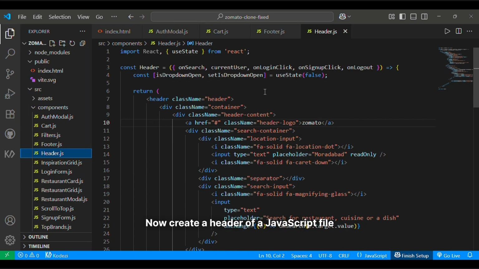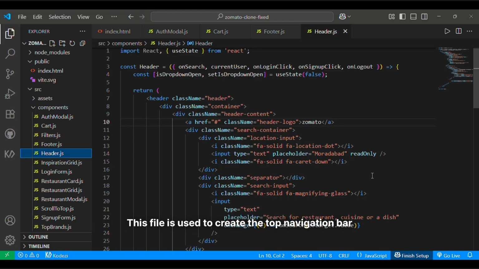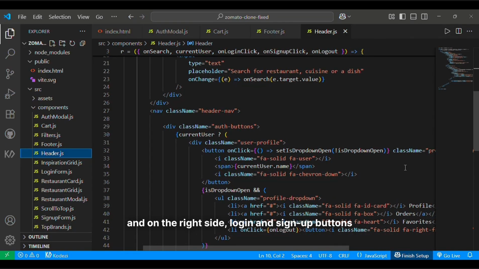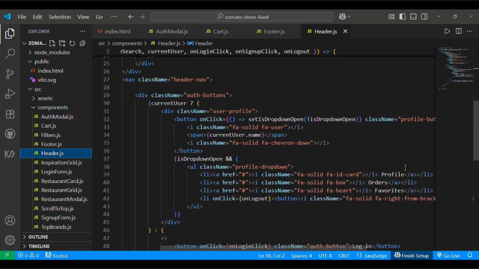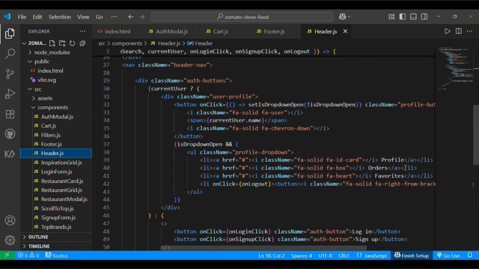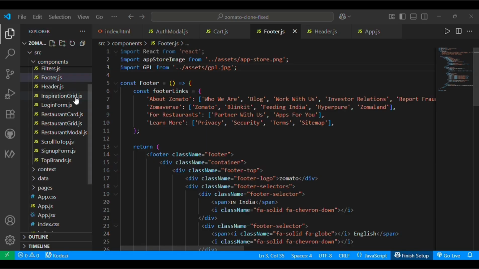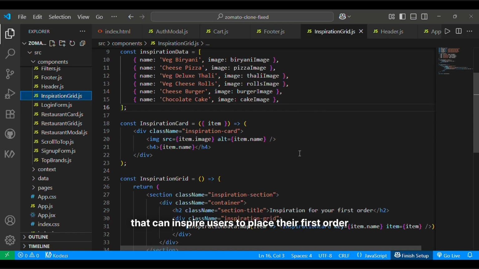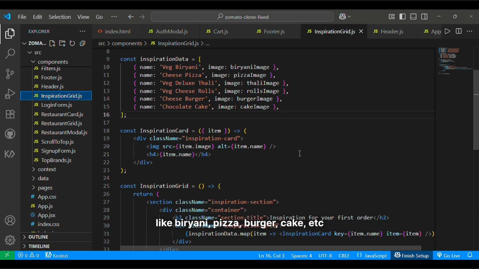Now create a header.js file. This file is used to create the top navigation bar of our Zomato clone. In the header we usually have three main things: the Zomato logo, a search bar, and on the right side login and sign up buttons. Now create inspirationgrid.js. This file shows different food items that can inspire users to place their first order, like biryani,